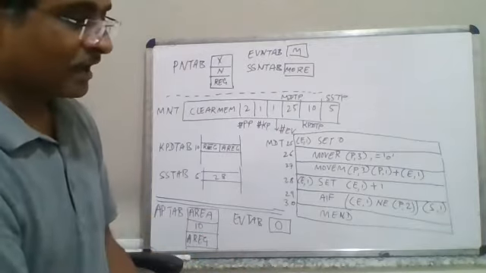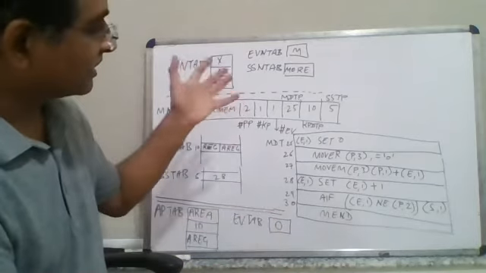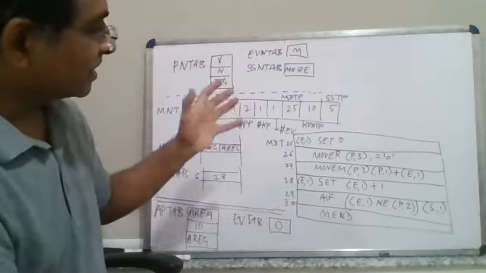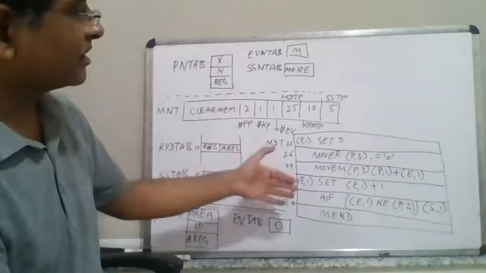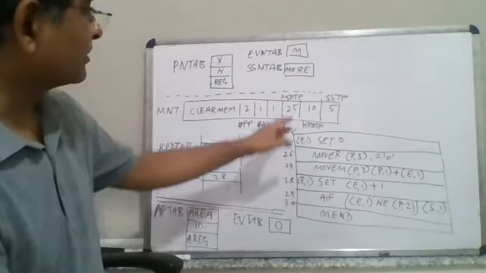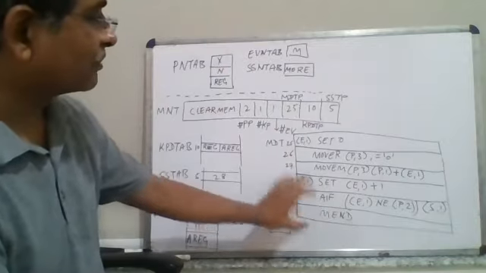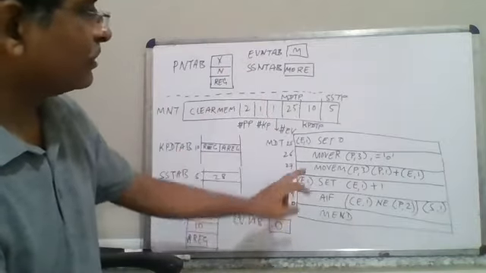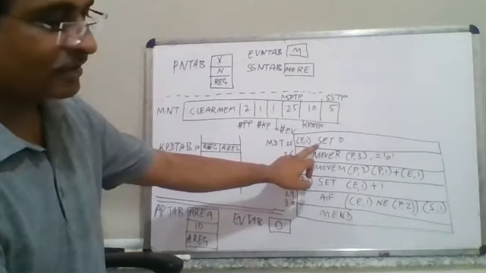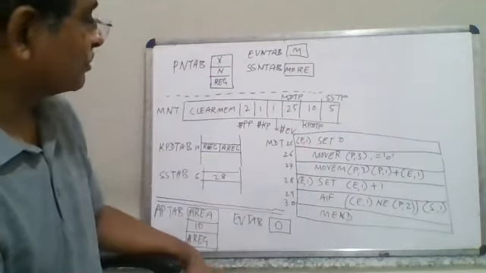So how is this going to be present for a macro? The intermediate code will be maintained inside the MDT, right? So the MDT pointer is anyway there with 25. So 25 is the place where, until MEND is observed, this is the entire code for that macro. So what is that? It will start from the ampersand m. Ampersand m is going to be present